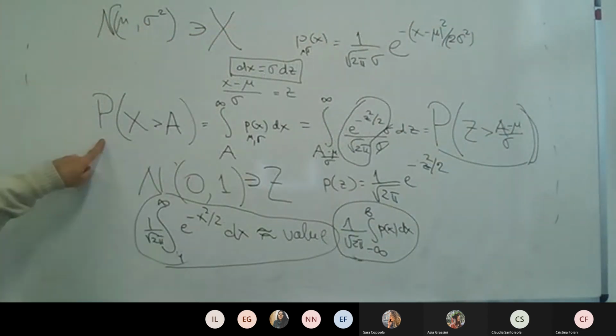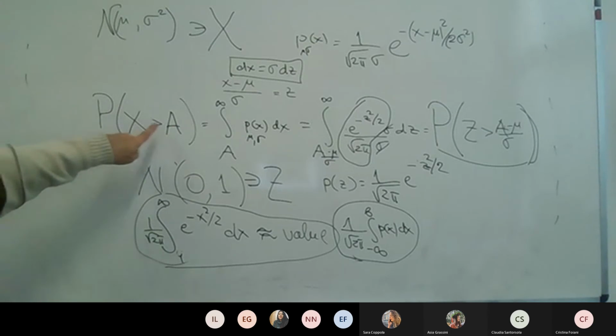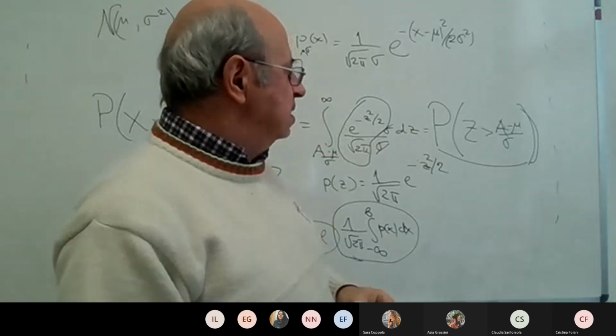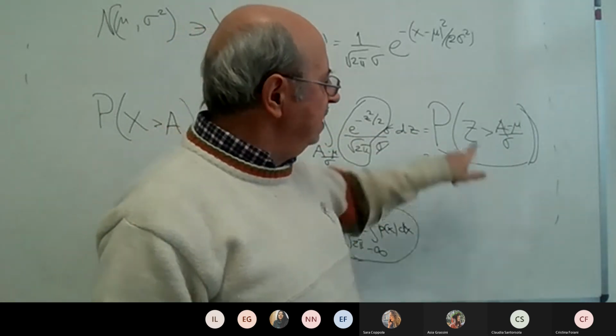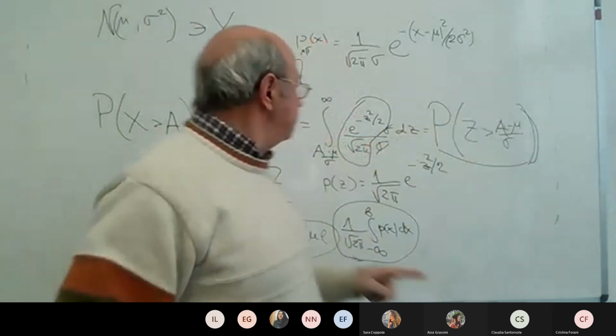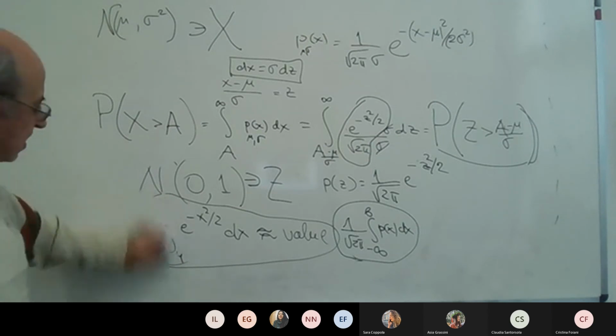So when you want to compute, for any normal distribution with parameters mu sigma, the probability that your random variable is bigger than a, you simply have to use the standard normal distribution and write this quantity that replaces your lower bound. So we can, in this case, say